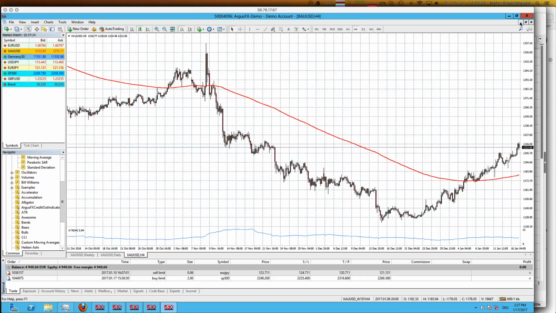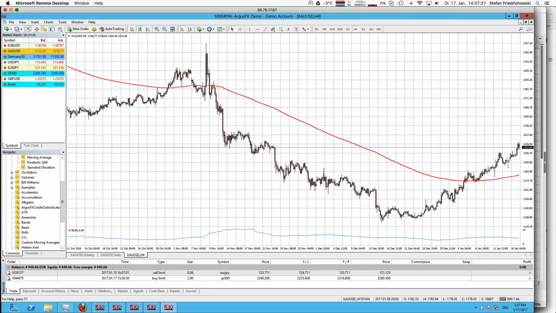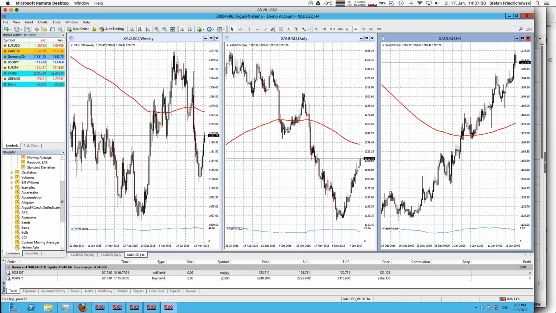And what does it tell me? I will go to the complete overview with all the three once again. For me personally, that means I don't have a real clue. The only chance I would see is to open a trade to the south, so a short trade, because I still have the weekly and the daily chart going south.